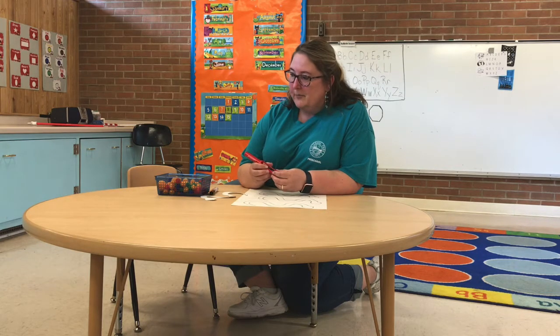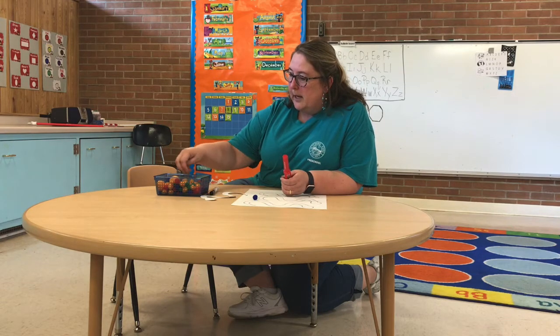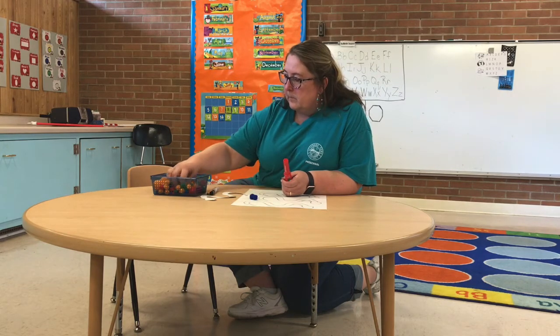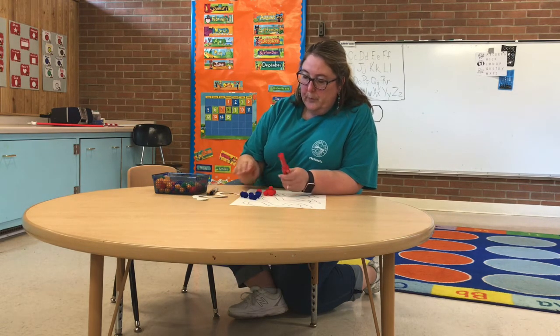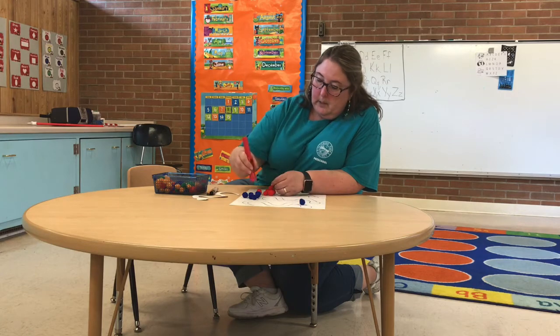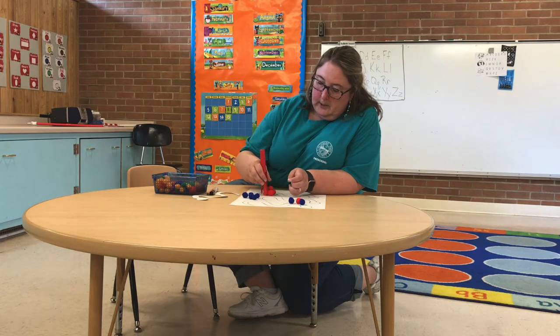I know, right? So what I'm going to do is I'm going to use this medium-sized ball. So I have some blue and some red I'm going to take out. So I got some blue, now I'm going to get some red. So one way that we can do a pattern is I'm going to use these. So we can put down a blue, then I can do red, then I can do blue, then I can